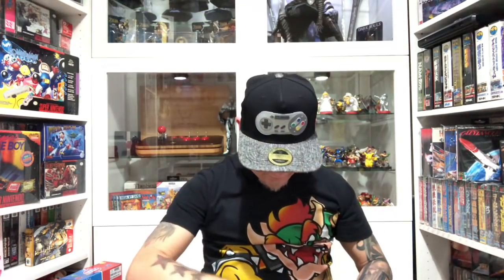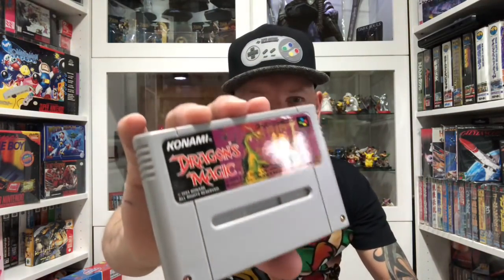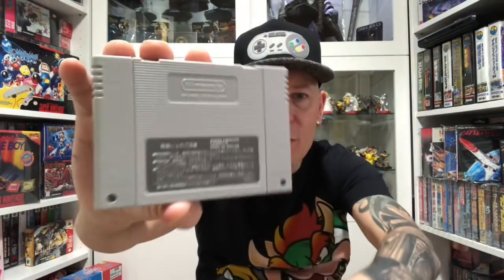And yet again, absolutely crisp manual, beautiful condition manual. Not a blemish on that. Well happy with that. And we have anything else? Yes, we do. Of course. Green precautions leaflet and registration card. And last but not least, we have the game in a baggie, and it is in absolutely beautiful condition. Fantastic label, beautiful clean cart,